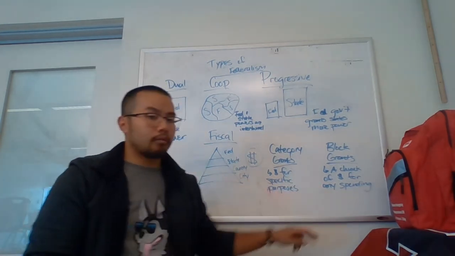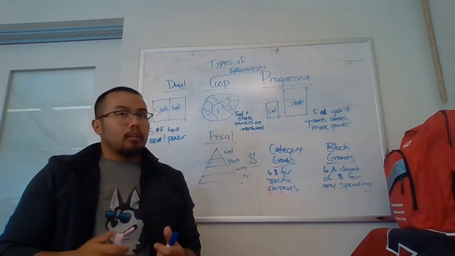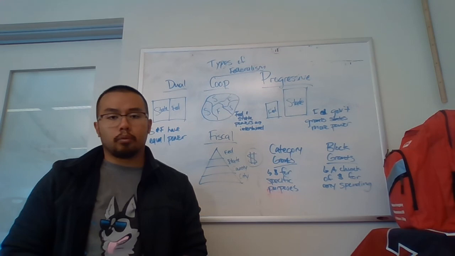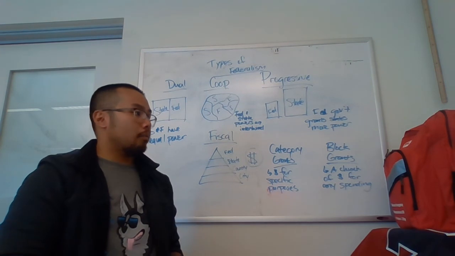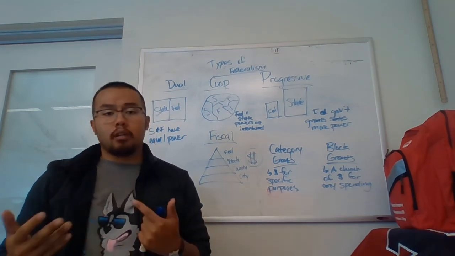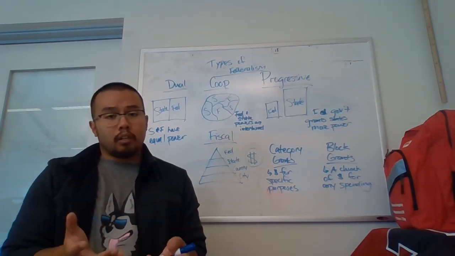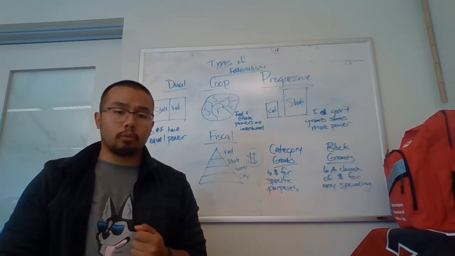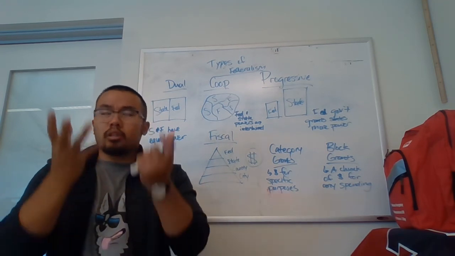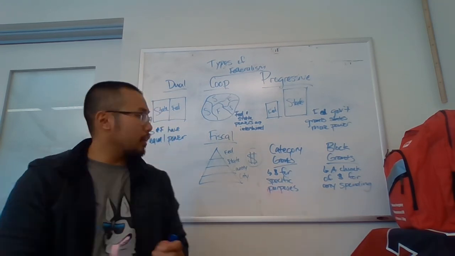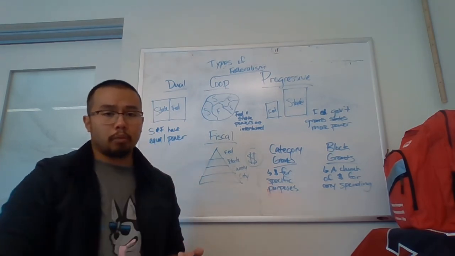A block grant is basically just a chunk of money. It's a check, so to speak. Let's say, for example, the federal government gives a lot of money to states for schools. One simple thing they might say is, hey, follow our food restrictions for schools, and we'll just give you a block of money. You can spend it however you want, but thank you for following our regulations and rules because we think it's important. That's what a block grant is. Block grants are more flexible. You can get that blank check and you could spend it on something stupid. Category grants, you don't have that option. You have to spend it on whatever they told you to spend it on.